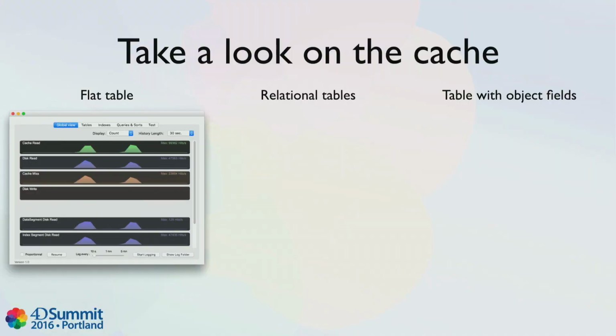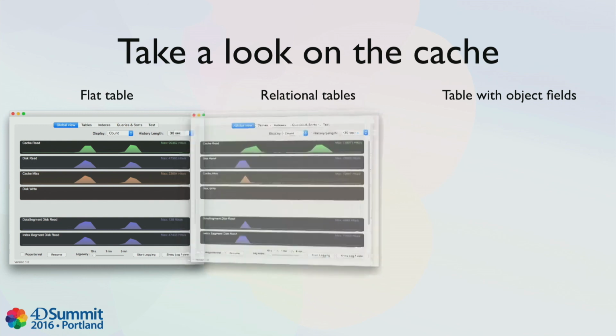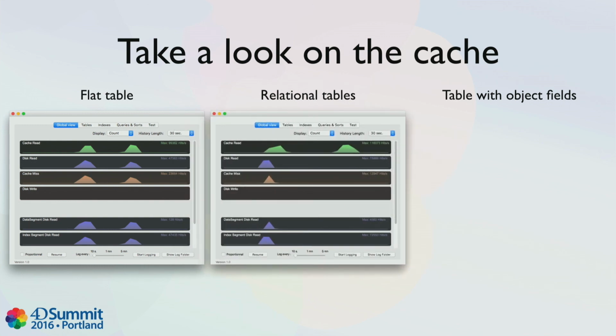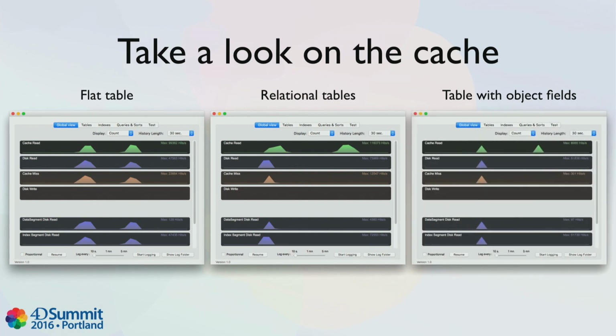So, on the first line, you see the cache read, second disk read, cache miss. Cache miss is when you don't find an information in the cache and you need to read it from the disk. On disk write, okay, disk write is flat. In my test, I only read data. For the relational database and for object field,